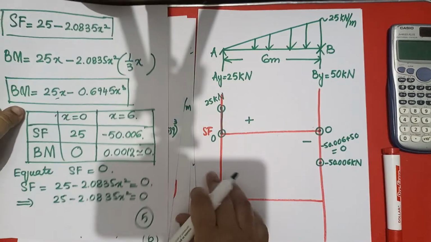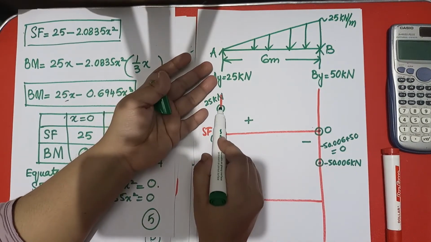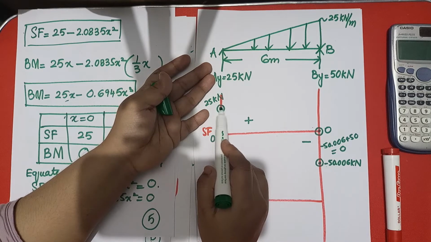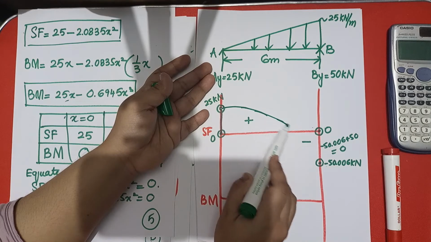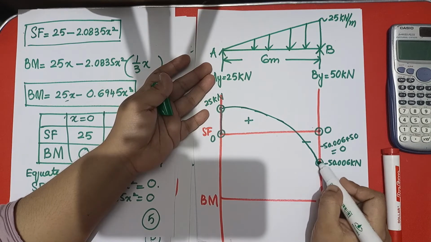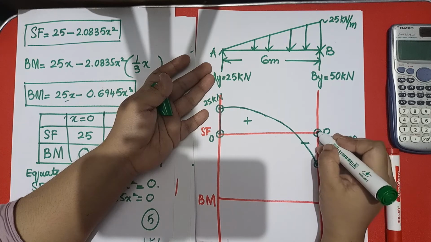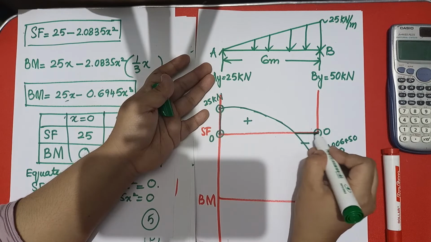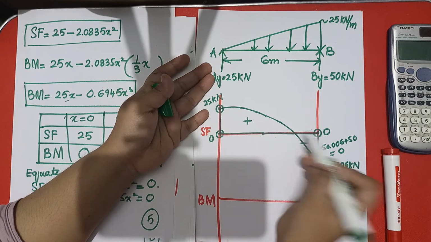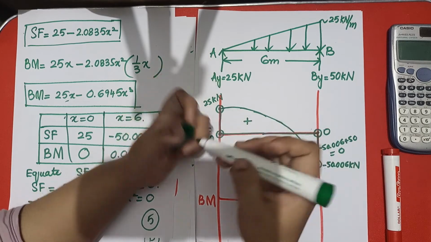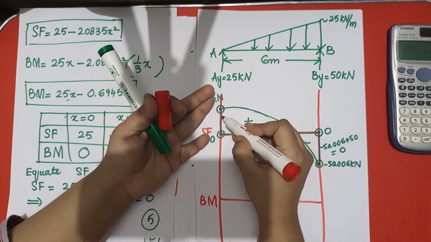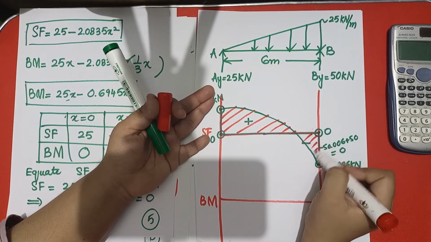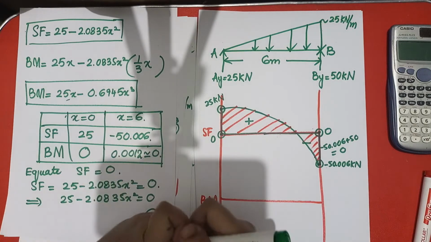So what we have to do over here is make a curve, and I already told you in the UDL, when you are drawing a curve on the positive side, it will be outward, and when you are moving to the negative side, it will become the inner side. So I will do it like this, and you can see this is the shear force diagram of the beam which has triangular loading. Let me shade the pattern. This is the way to make the shear force diagram for the triangularly loaded beam.